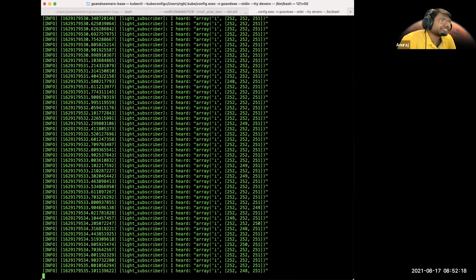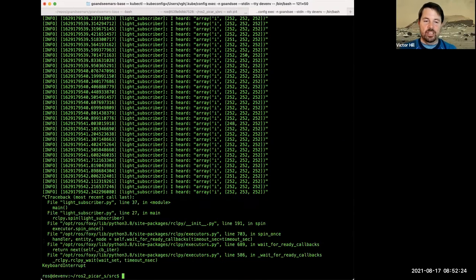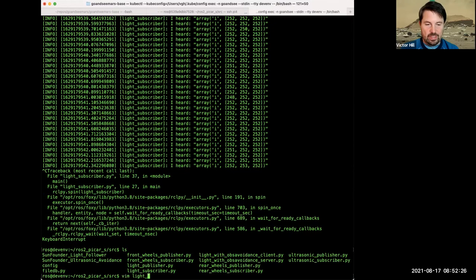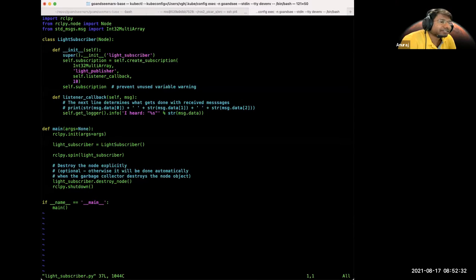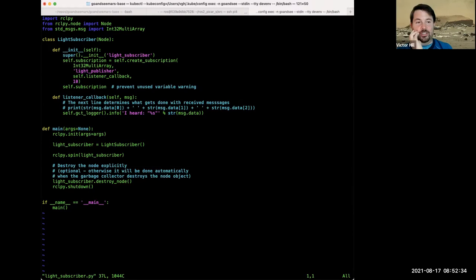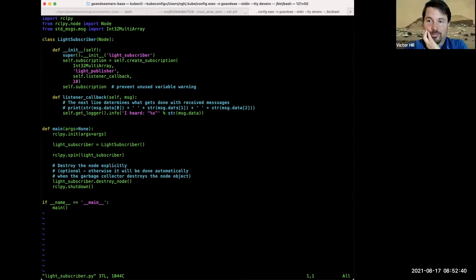So what is running in the DigitalOcean? I didn't understand. Oh, it is a subscriber to the... So it's just a Python script. Yeah, just a tiny Python script. And this is connected to the Pi car via VPN. Yeah. Okay. And what's happening inside there is